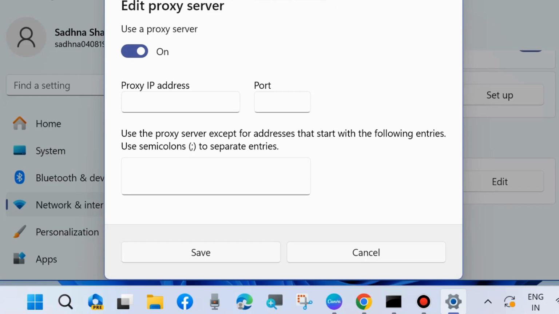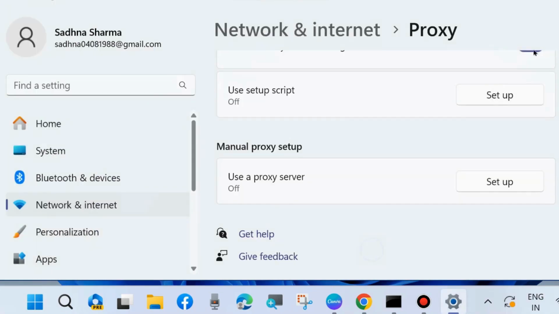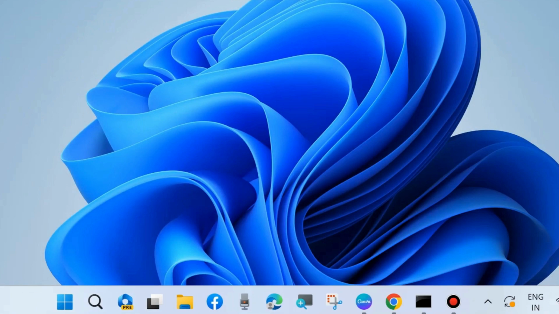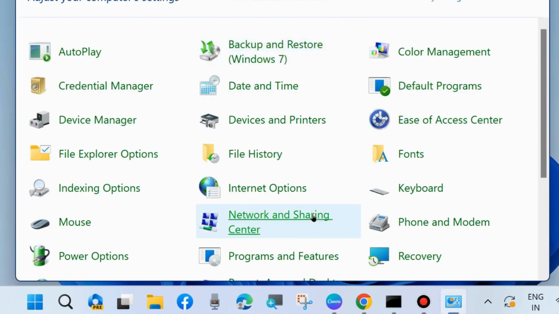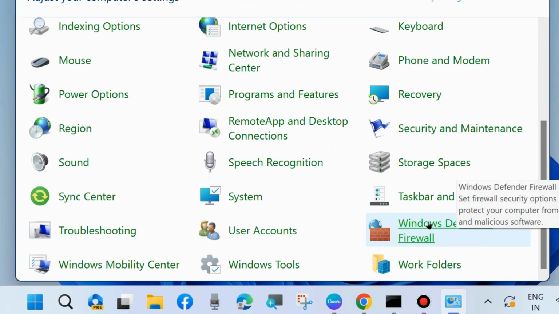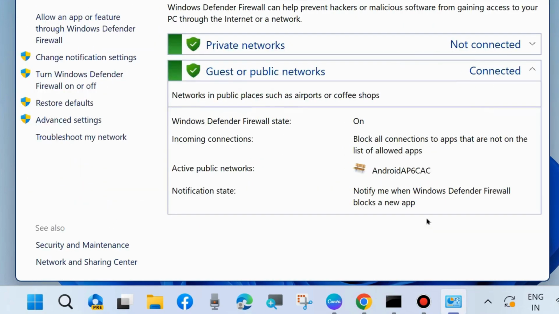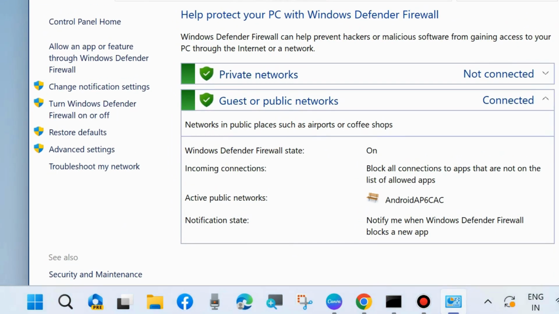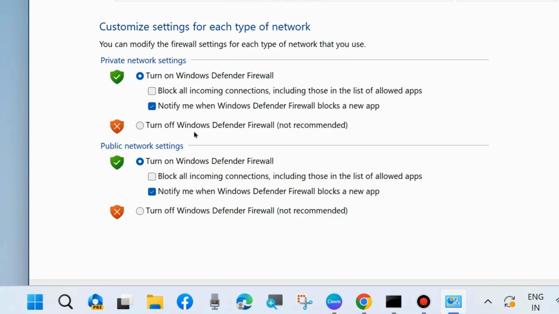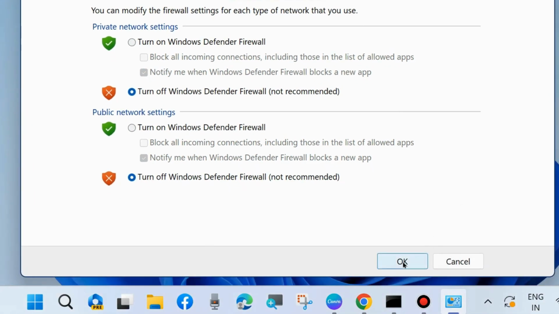The next workaround to fix this issue is to temporarily disable your antivirus, Windows Defender Firewall, or any third-party antivirus, because it may block your address. So for Windows Defender Firewall, open it in Control Panel and click on Turn Windows Defender Firewall on or off, and temporarily disable it under private network as well as public network. After that, you must enable this feature again for the safety of your